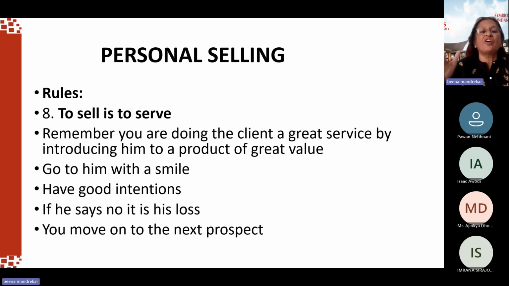Oh God, it has taken 15 minutes. At the end of 15 minutes, you have been genuine in selling the product to him. But if he says no at the end of 15 minutes, a definite no, then it is his loss. Remember that. It's not a personal loss. It's not a loss of face. Don't say, oh my God, my 15 minutes I wasted. You have not wasted anything.